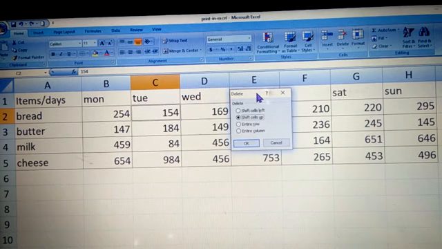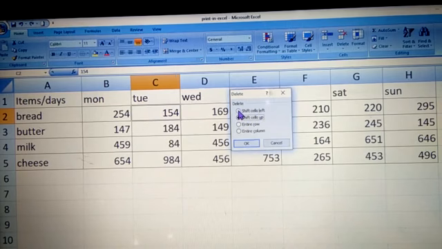will do. The first option is Shift Cells Left. If you choose this option, what will happen? It will delete this cell and all the cells after this will move towards the left. That is why it is saying Shift Cells Left.